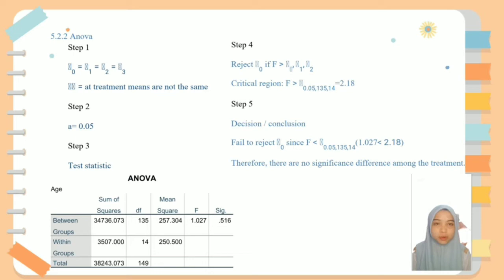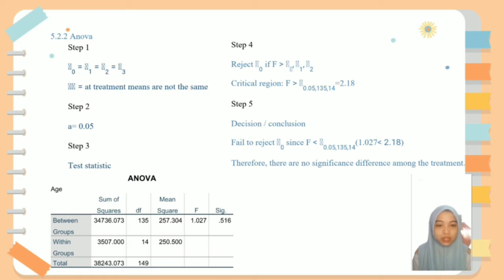5.2.2 Step 1. H0: mu1 = mu2 = mu3. H1: the treatment means are not the same. Step 2. Alpha = 0.05. Step 3. Test statistic as shown. Step 4. Reject H0 if F is more than F alpha (v1, v2). Critical region: F more than F 0.05